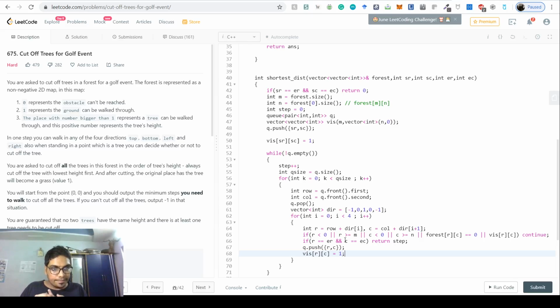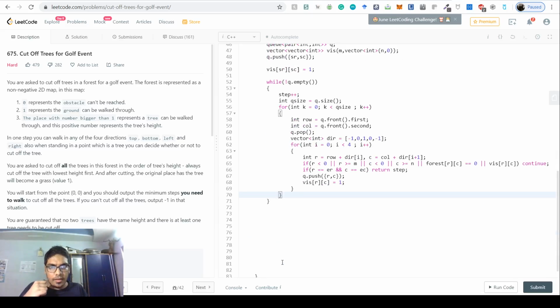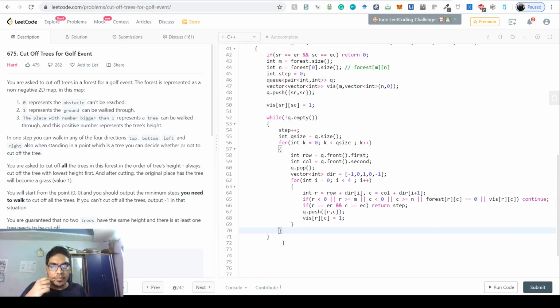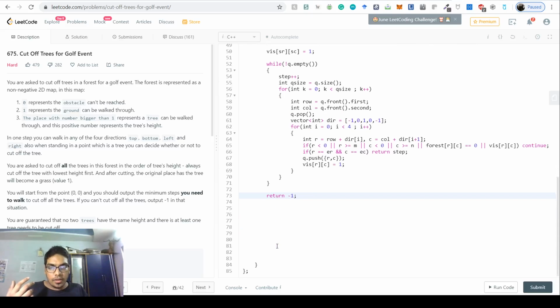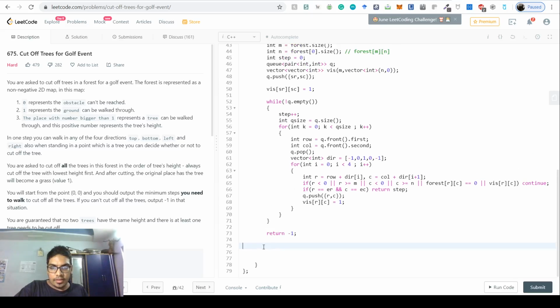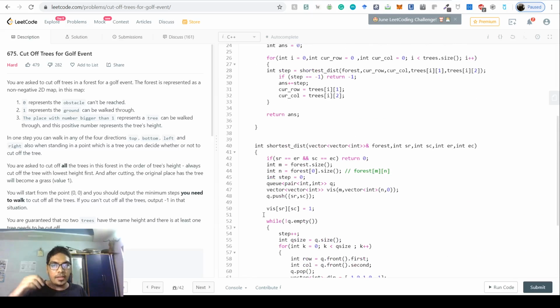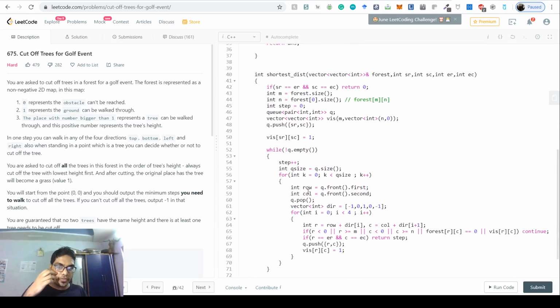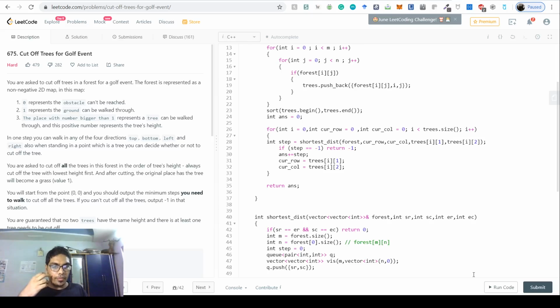Yes, and if nothing happens, if this entire loop and everything fails, what we do is we return -1, right? If there is nothing that returns from this, we finally return -1, which is like there was no route to be found, right? So this of course might have bugs, but this is the basic implementation of what we would want. Let's run this code.